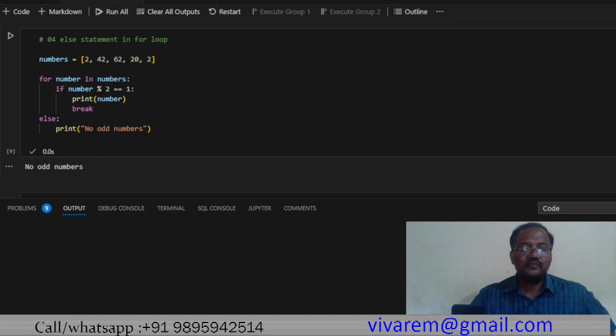It is possible. In the example you can see here, we have given only even numbers inside the list numbers. Every time we check number % 2, that is mod 2, if there is any remainder, then we will print the number, which means it is an odd number. If there is no odd number inside this particular list, after completing all the iterations, there are no odd numbers, then we will have to print